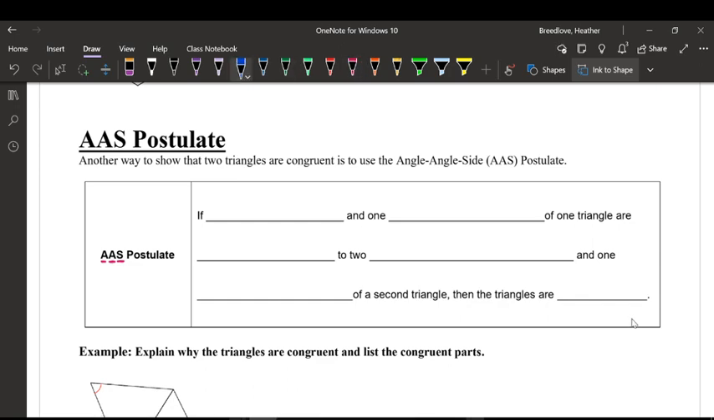All right, so if two angles and one non-included side of one triangle are congruent to two angles and one non-included side of the second triangle,